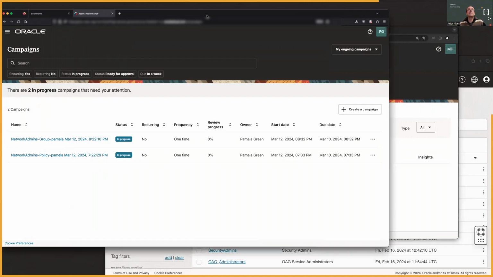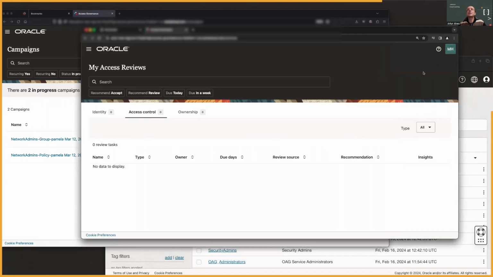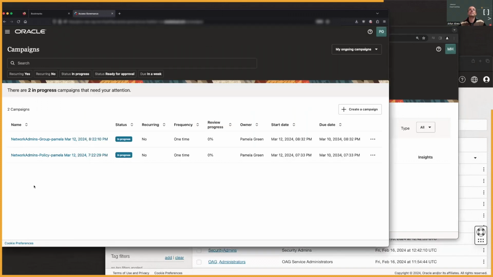So coming back to the campaign owner, who will now have to follow up on that in terms of the overall process. If I reload here, let's see. I still have to wait a little bit because the engine itself is still working on the way to complete the overall process for this.